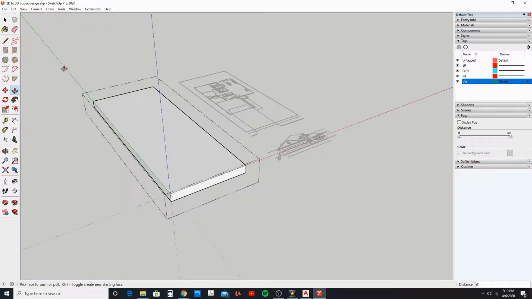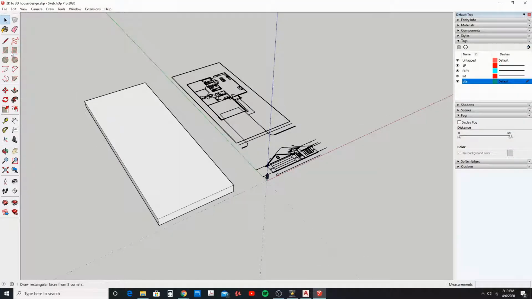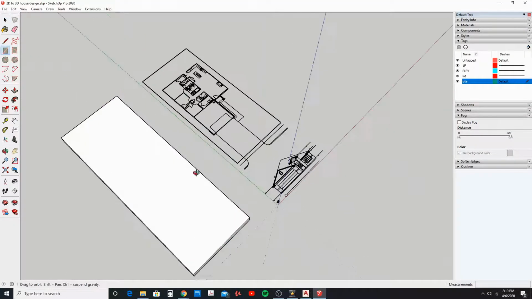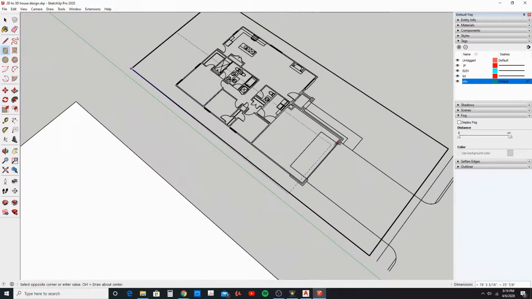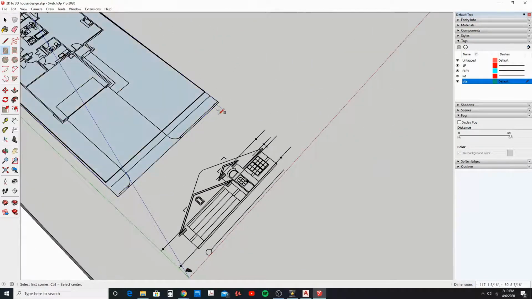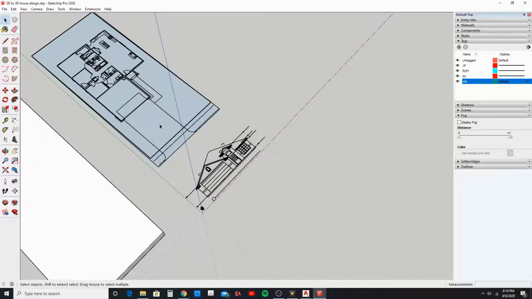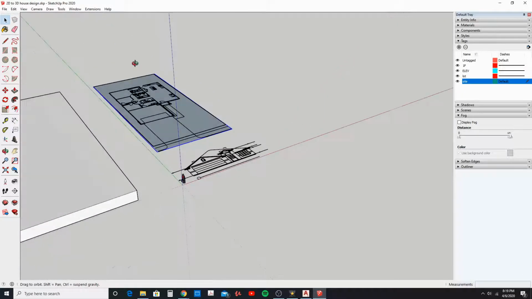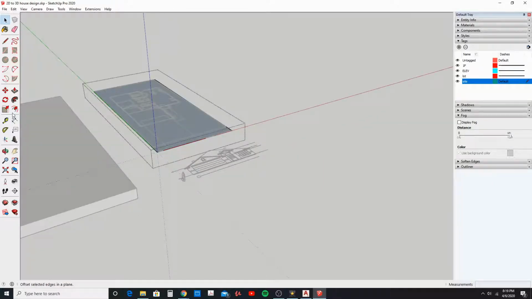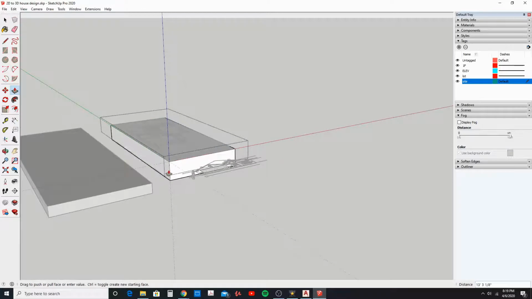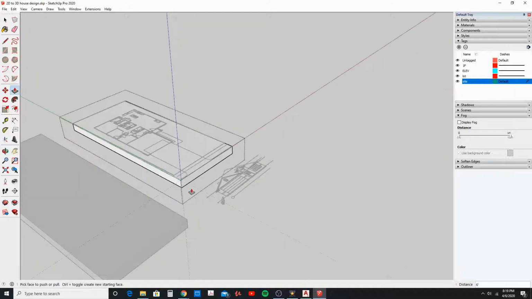Now let's do the same thing using the AutoCAD plan. Now let's go back into the rectangle tool, and I'm going to select each corner, and now let's go to our select and double click, right click, make group, and let's go ahead and double click to activate that group. Use the push pull tool, and I'm going to drag down 6 feet, enter,